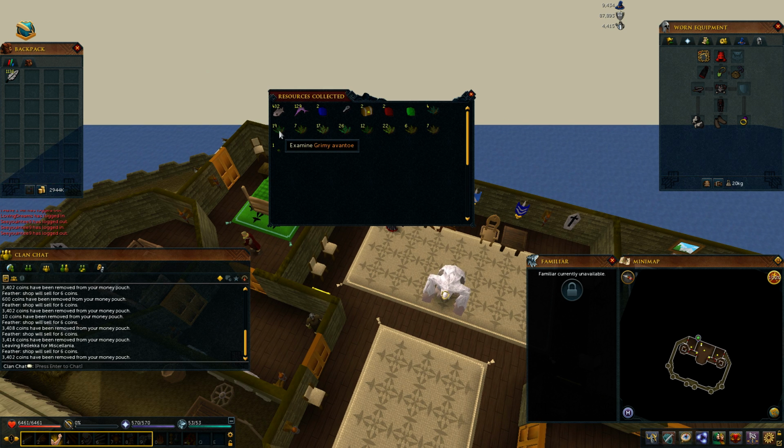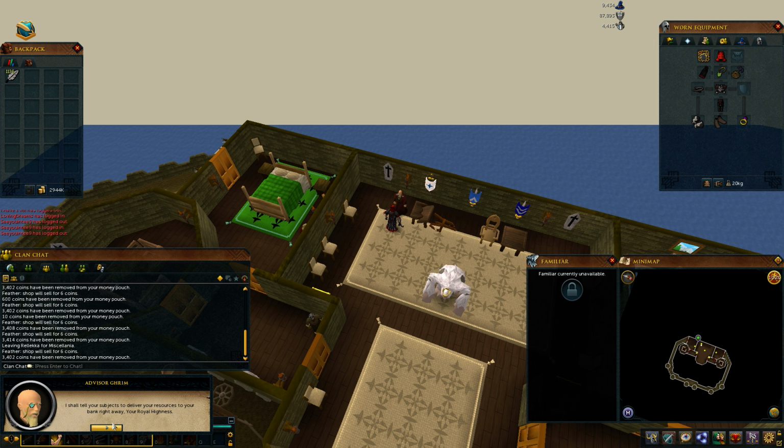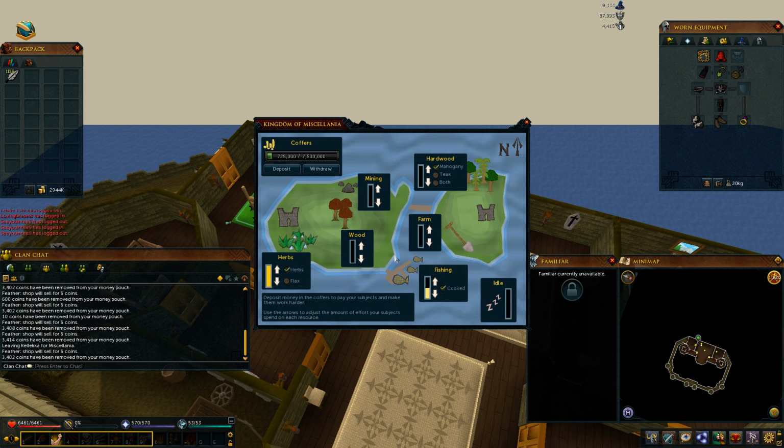And so they tell you what they collect. Currently I have them collecting herbs and fish, just because when they do the fishing they also have a chance of gathering gems, halves of keys and caskets. I probably should have them doing mining instead, because I don't really plan on using those low level fish. So instead of doing the fish, I'm going to uncheck the cooked and put this down to 0,